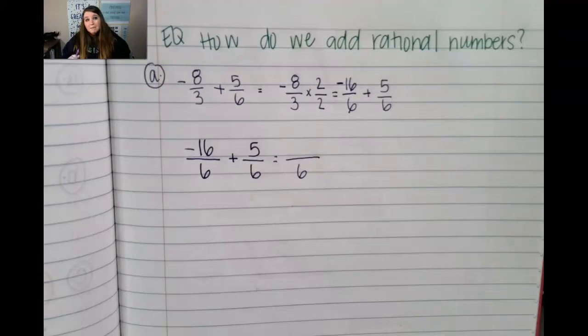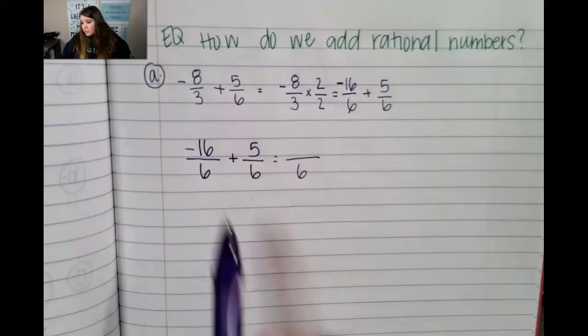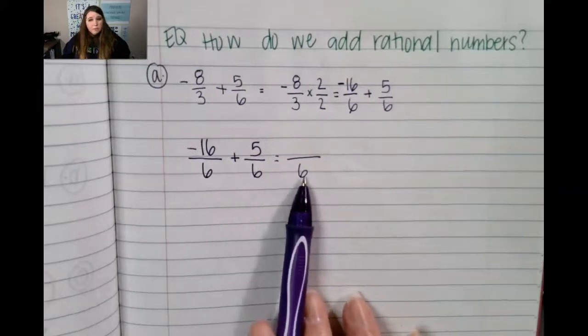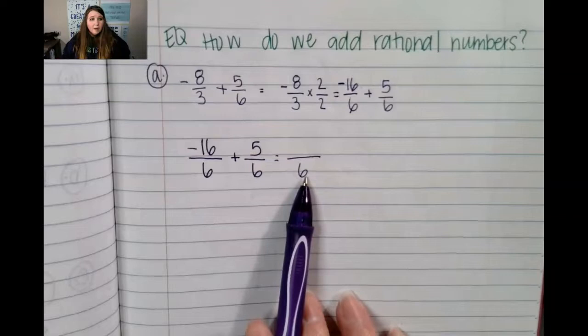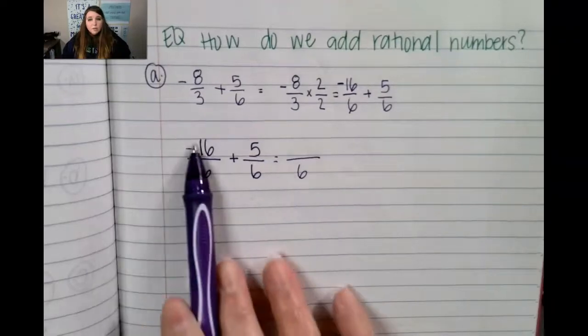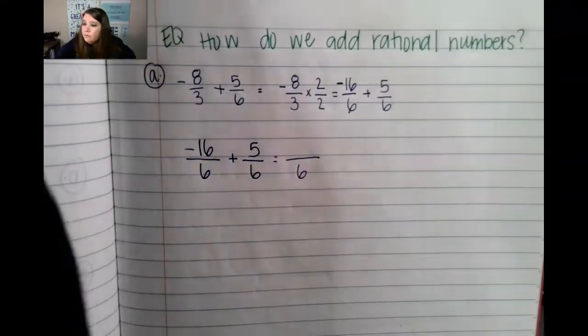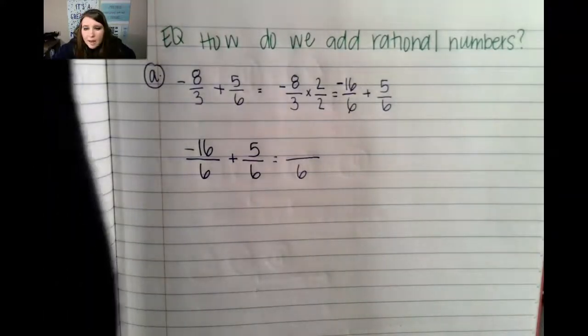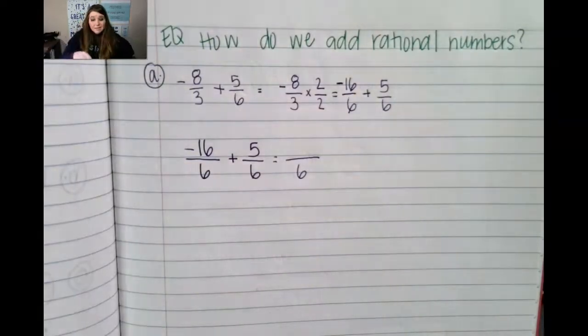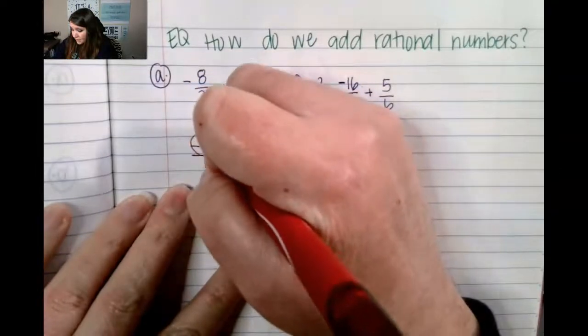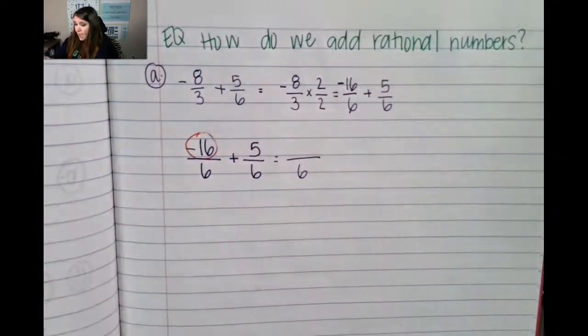It's the same thing even though there's a negative. We're going to ignore the bottom now because we don't need to worry about adding on the bottom. And we're just going to focus on the top. So on the top, let me get my red, I have negative 16. So this is like saying I have 16 reds, and I